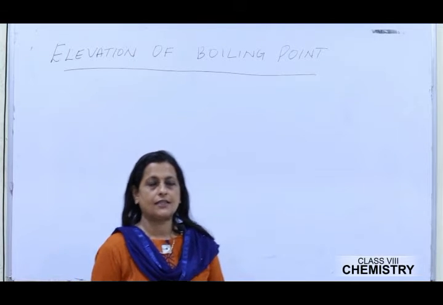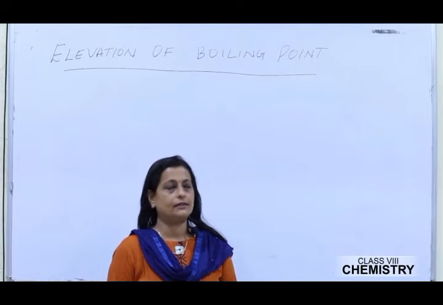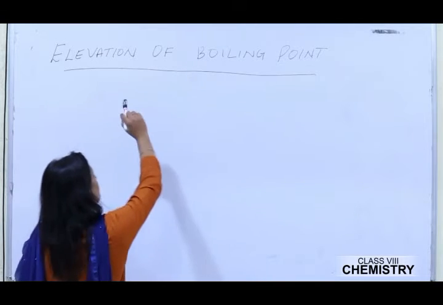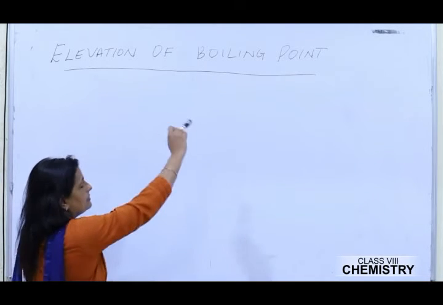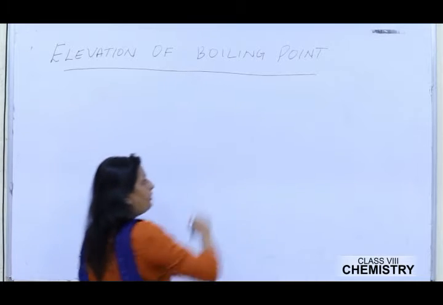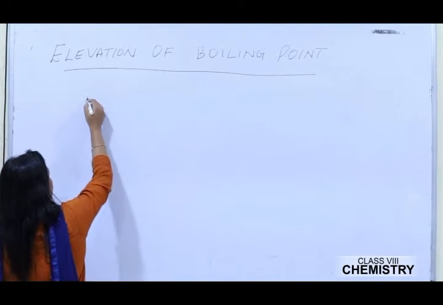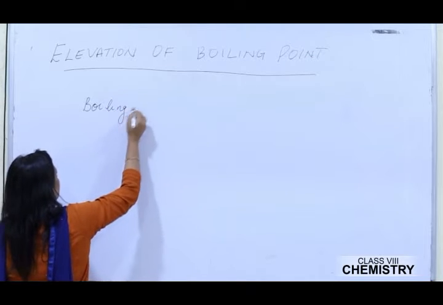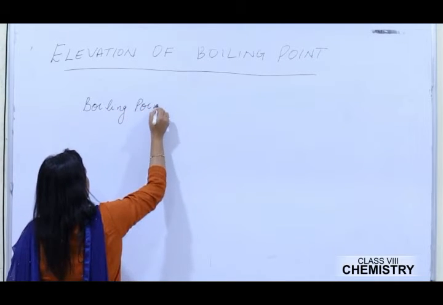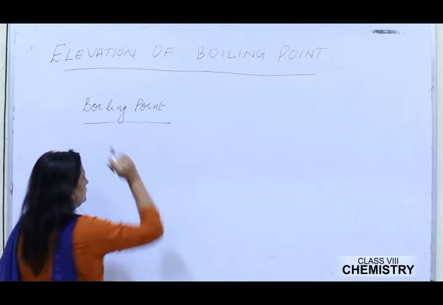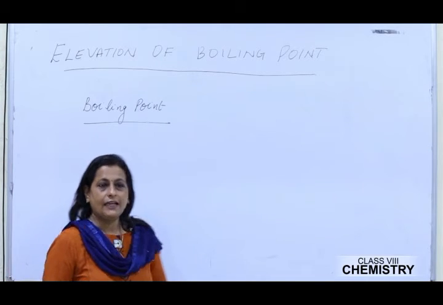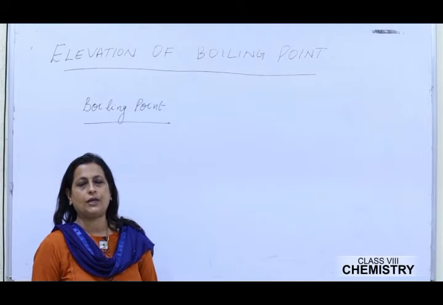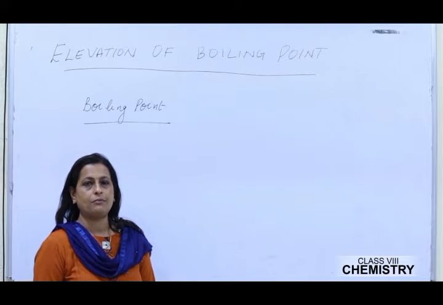Today we will be discussing the next colligative property, that is elevation in boiling point. The word elevation means increase. So first we'll see what is boiling point. Boiling point of any liquid is the temperature at which the vapor pressure of the liquid becomes equal to atmospheric